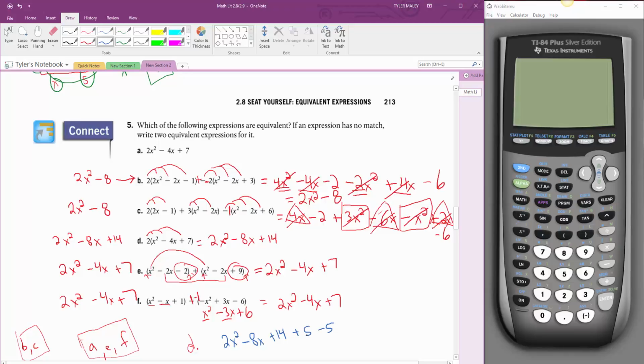If you add a number and then subtract that number away, in essence you're adding 0 to the expression. So this is equivalent to part D. You could do something as basic as that,